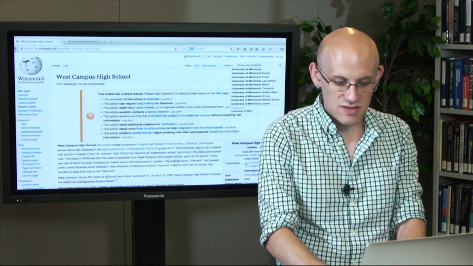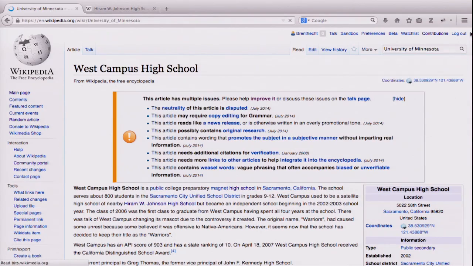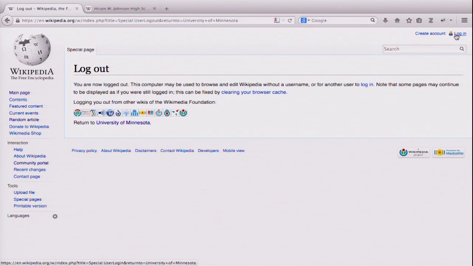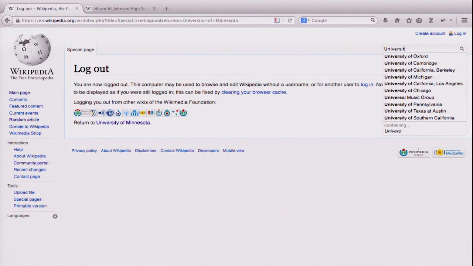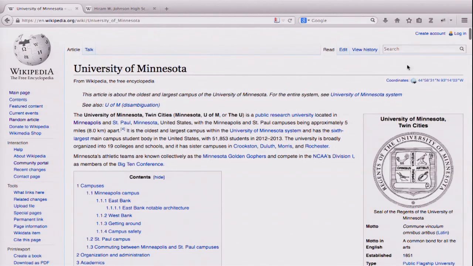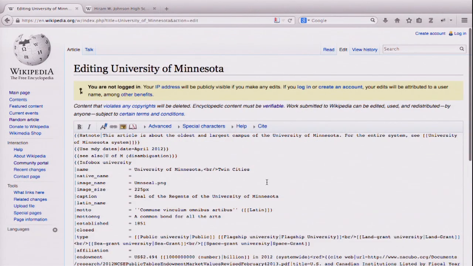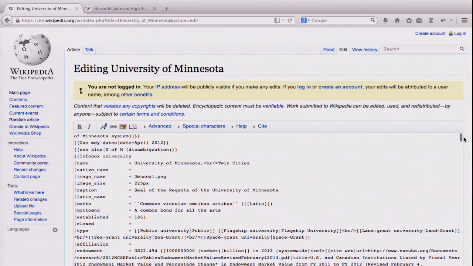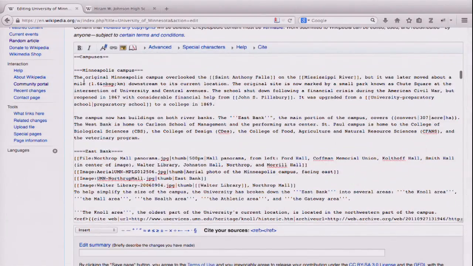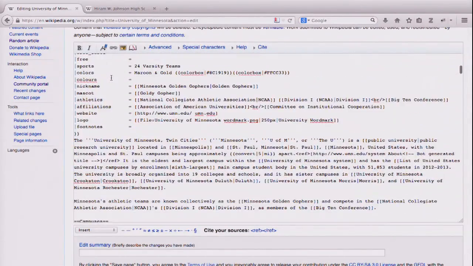So let's look at the University of Minnesota page. Just to show you how powerful you can be even as not a logged-in editor. Now, anyone can create an account, of course, but just as someone who has no history of editing at all, let's go back to the University of Minnesota here, and I can just go ahead and edit this very important article. I mean, the University of Minnesota has tens of thousands of students. It's a huge university, very prominent university, but I can edit anything I want. If I were a bad person, I could vandalize it. For instance, I could say,